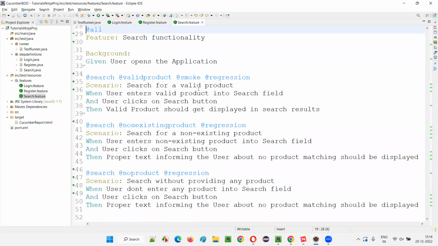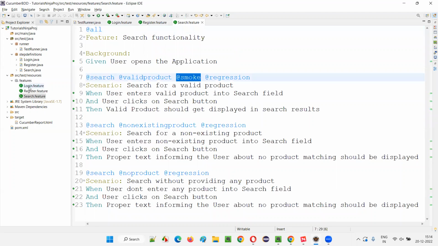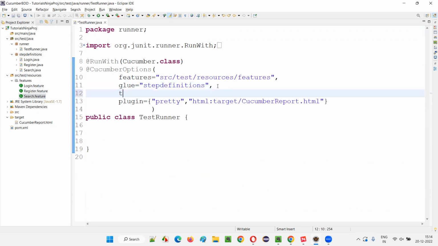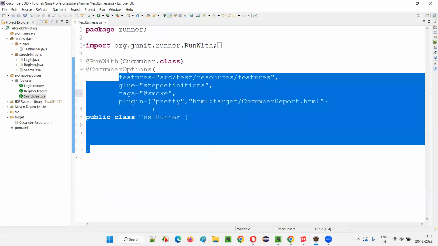In search, out of 3, we have 1 as smoke. In the login, we have 1 as smoke. In the register, we have 2 as smoke. In the search, we have 1 as smoke. That is a total of 4 scenarios across the feature files which are tagged with the @smoke tag name. So if I want to run only those scenarios having the @smoke tag, here I'll add tags is equal to double quotes, and here you write @smoke. Now if you run this,